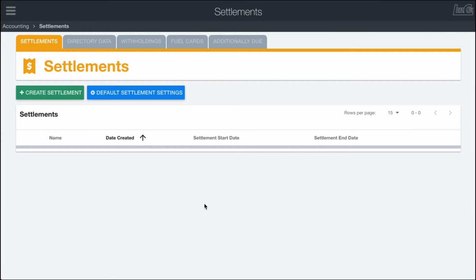The LoadCall Settlements module streamlines the process of creating and managing payouts for your drivers for the tickets that they've completed. So within Settlements, we have quite a few different tabs right here. We have Settlements, Directory Data, Withholdings, Fuel Cards, and Additionally Due. We'll cover each of these in different videos, so you can go ahead and find those for the tab that